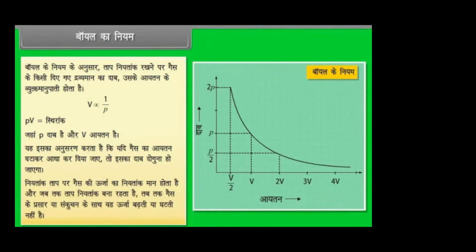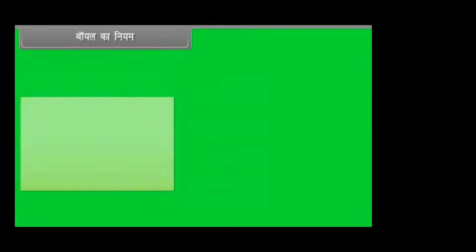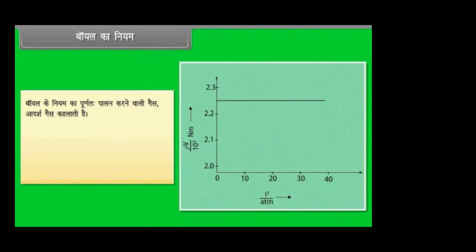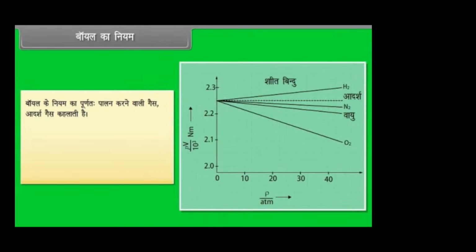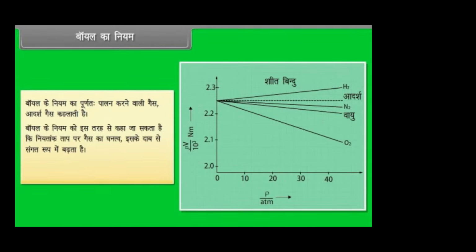नियतांक ताप पर गैस की ऊर्जा का नियतांक मान होता है और जब तक ताप नियतांक बना रहता है तब तक गैस के प्रसार या संकुचन के साथ ये ऊर्जा बढ़ती या घटती नहीं है। बॉयल के नियम का पूर्णतः पालन करने वाली गैस आदर्श गैस कहलाती है। बॉयल के नियम को इस तरह से कहा जा सकता है कि नियतांक ताप पर गैस का घनत्व इसके दाब से संगत रूप में बढ़ता है। P/ρ = नियतांक।